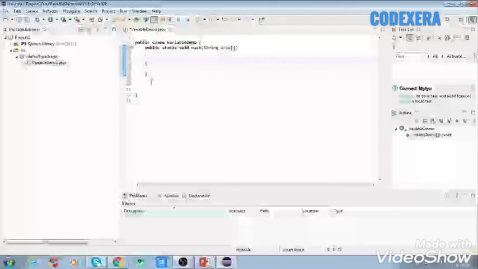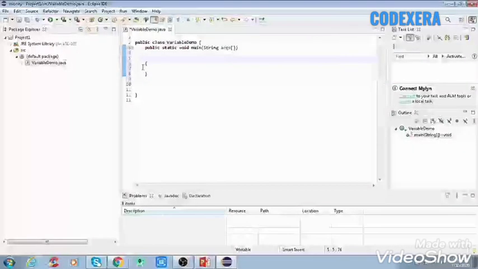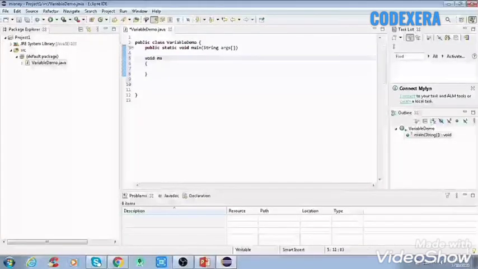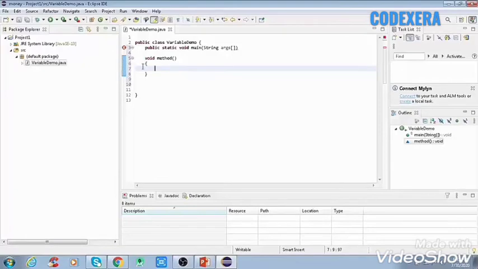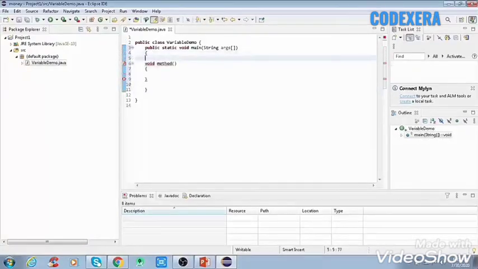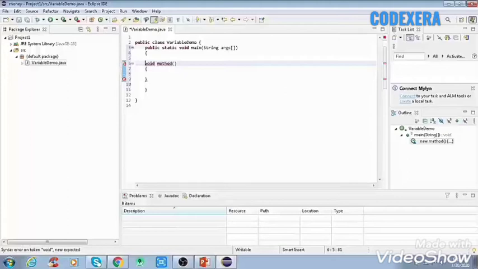So we'll create a method first, suppose the method is void, and this is the method name. So now it is a void method.